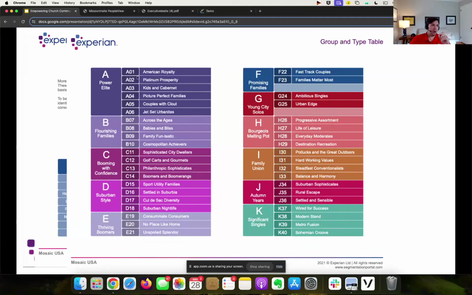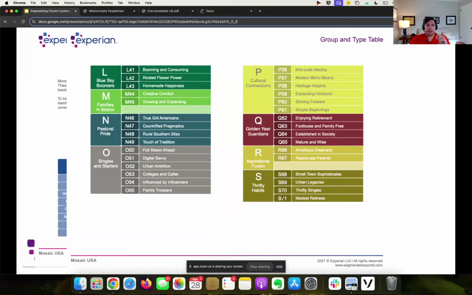You can kind of see. I hope you guys can see my cursor. I'm circling A01 up here. So there's 71 of these, ranging from A01 all the way to S72. And a quick way to think of these, this doesn't completely define the person, but theoretically, you can think of it as the A01s of the world, or some of the elitists, some of the richest folks in the United States. And then it works its way down to S71, which are typically some of the lower income, some of the poorest folks in our communities.